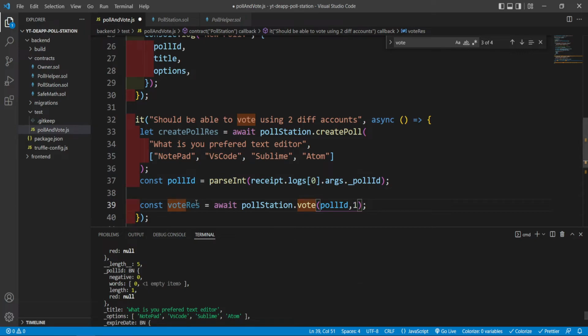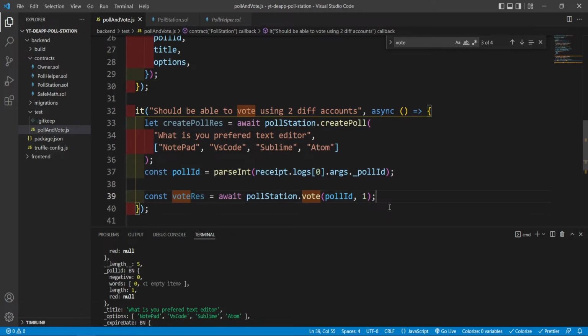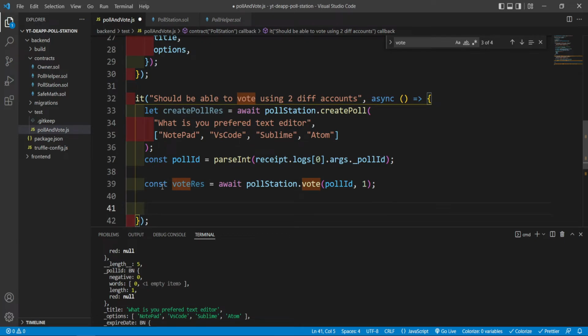So this one is going to be 0, and this one is going to be 1. So just like that. And let's just print out the voteRes here. console.log(voteRes),